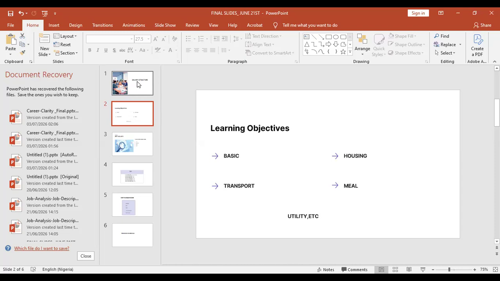But different organizations have utility, they have entertainment, they have about 7 or 8 breakdowns. Different organizations have different peculiarities. But basically, it's just 4 parts for an organization that is just starting up. They don't have any of those dressing or complicated stuff. It's just a simple and basic salary structure: basic salary, transport, housing, meal. And all of them, like Miss Miriam has said, add up to 100%.